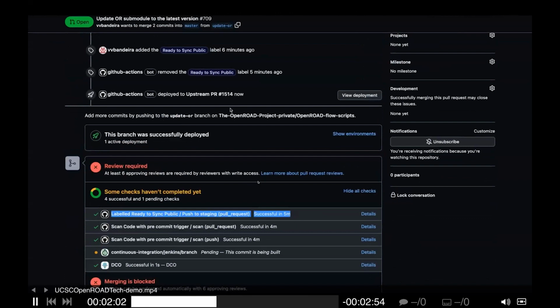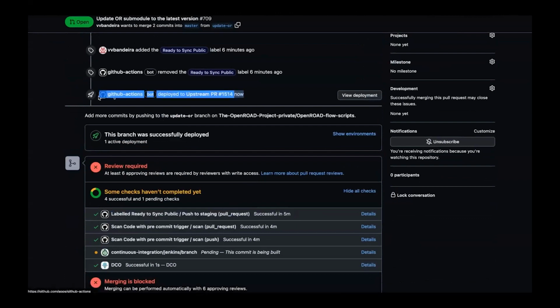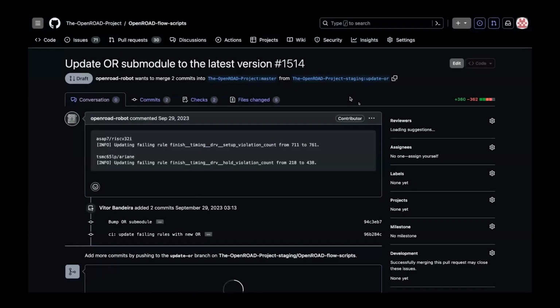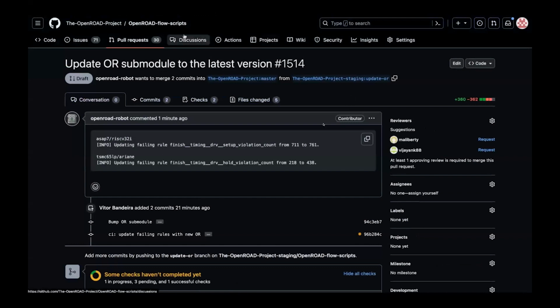After the action finishes, the bot deploys the pull request to the public side. And here you can see, click on the view deployment to see the public side. So now you can see we are on the public